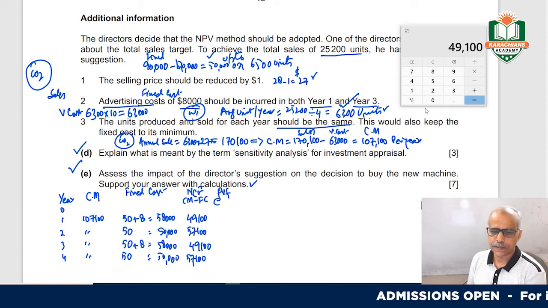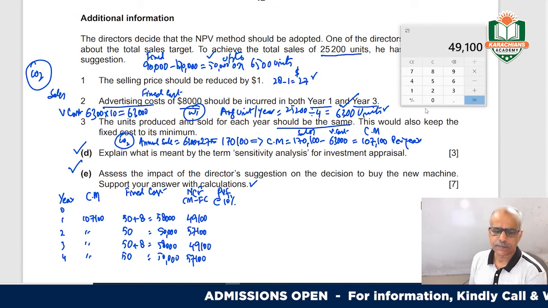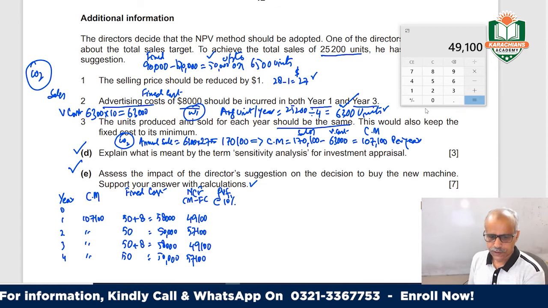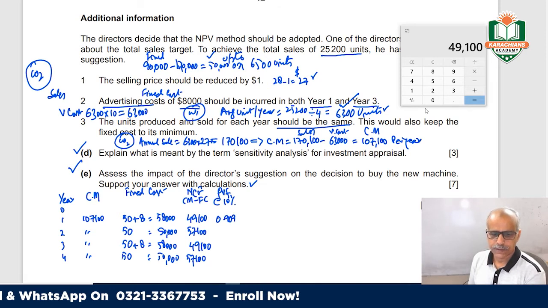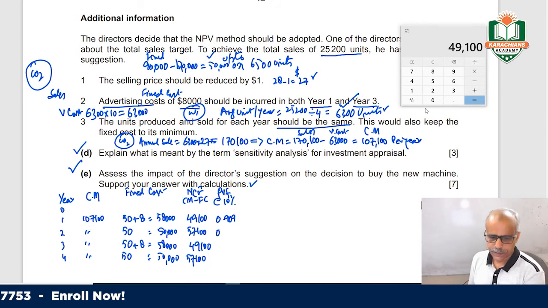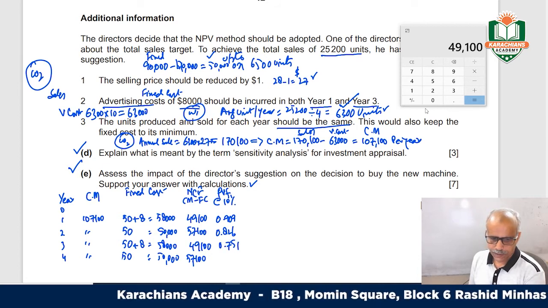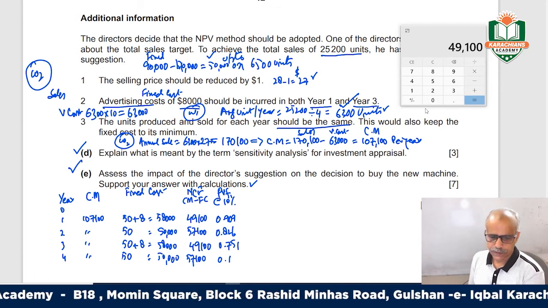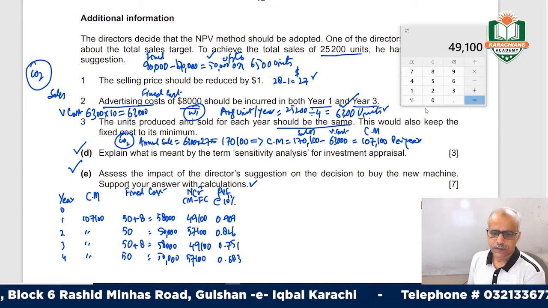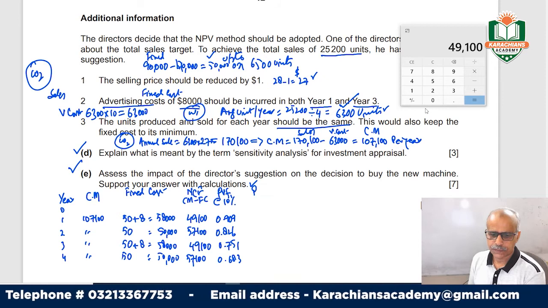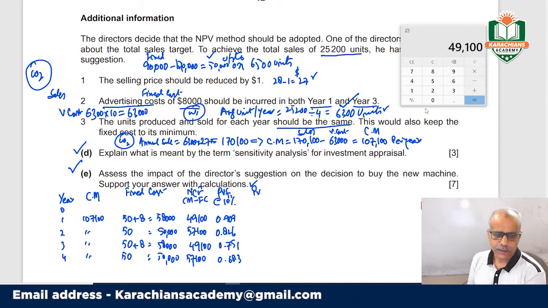Your PV factor at 10% cost of capital, this is already given to you in the question: 0.909, and then 0.826, and then 0.751, and in year 4 it was 0.683. Your present value will be, and if you see,